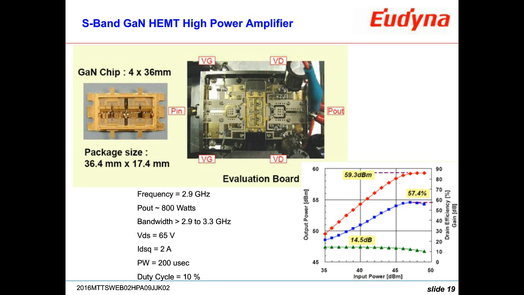This is a pulse result, and the reason for that is that in a discrete device like used here, heat flow is only vertical, whereas in a MMIC, it would spread out horizontally in 2 directions. So thermally, the limitations of a GaN HEMT are aggravated even more with a discrete device. It's shown on the evaluation board, which provides the biasing and some additional matching external to the package.